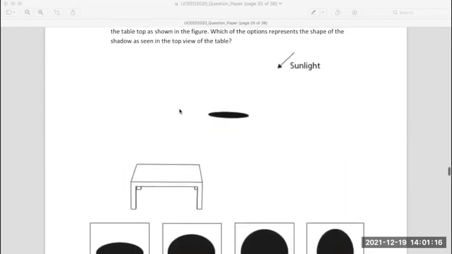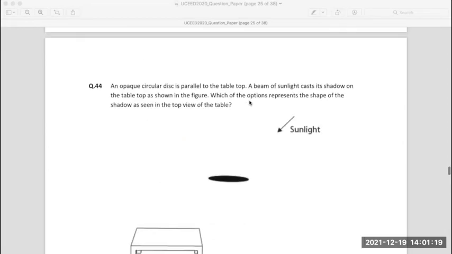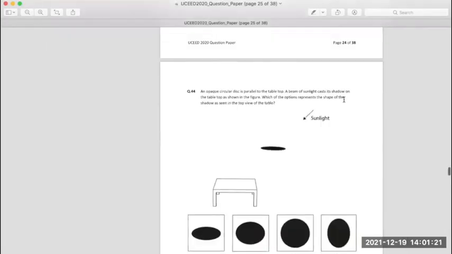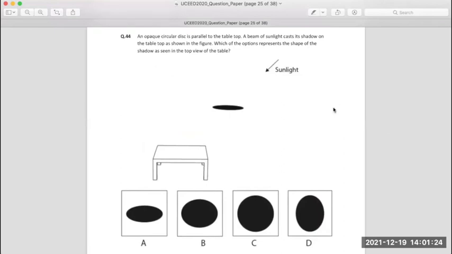Okay, we have done this earlier, but I hope you are able to answer this. So there is an opaque disk and sunlight. Sunlight means what type of light rays fall? Can anybody tell me, if sunlight is falling in this direction, is it a point light source or is it a parallel light source? Parallel. Yes. If sunlight is falling on a surface, it is a parallel light source.